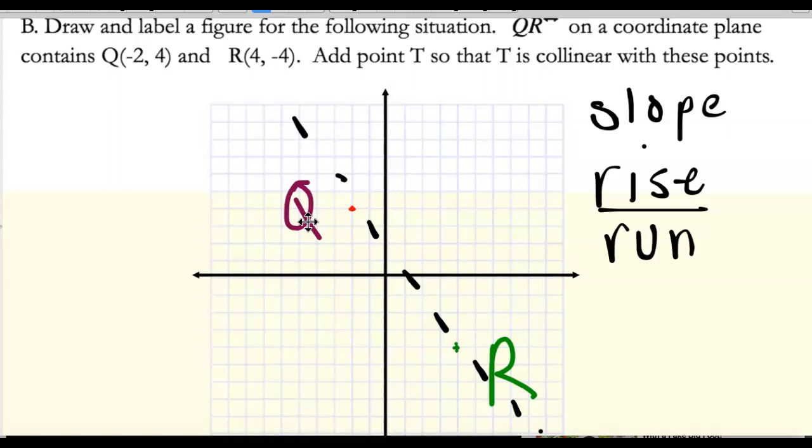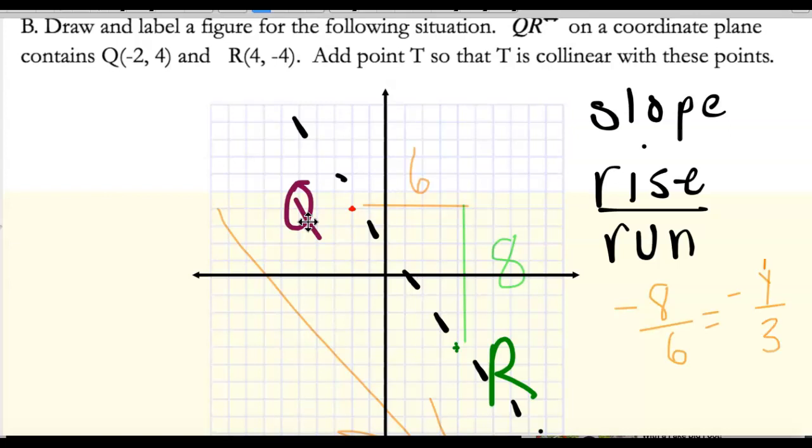So here our rise is starting down here, and this happens to be -4, and it is going to go all the way up to +4, so that is going to give me a rise of 8. Next, we're going to look at the run, and I'm out here at 4, and I'm going to go all the way backwards to -2. So 4 to -2 gives me a value of 6. If I look at that slope from left to right, I read that slope as decreasing, so this would be a slope of rise -8 over 6, which, if I reduce this, is -4 over